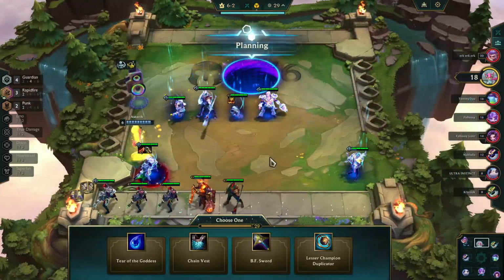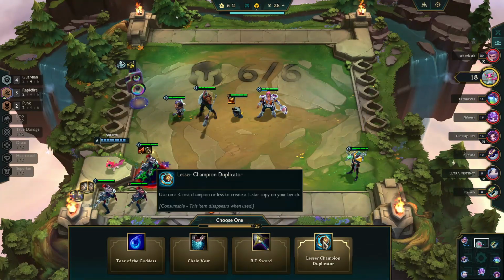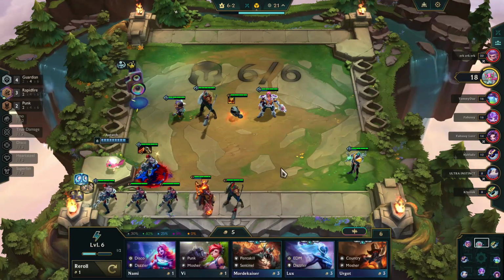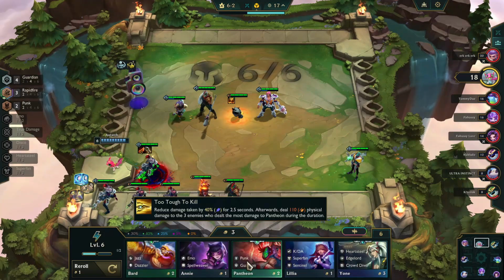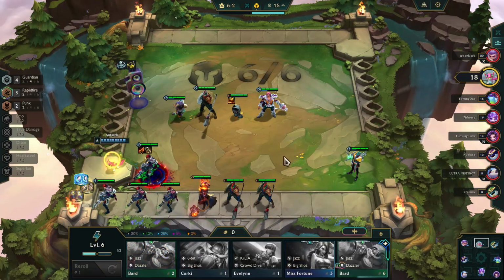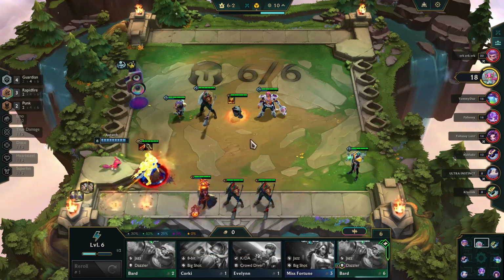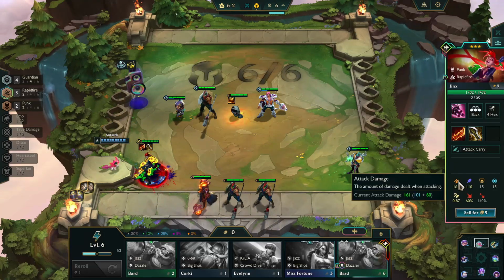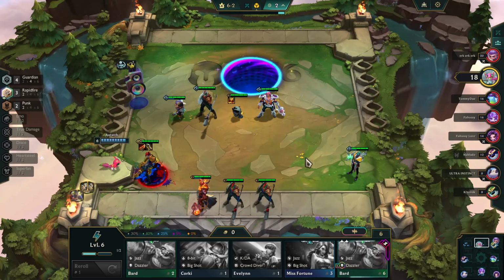There are only a few 1 costs I'm comfortable carrying into late game. Jinx is one of them, and it's because of the Punk trait and that she's going to keep stacking damage. So Champion Duplicator was worth it because we can use it to bring Jinx up to her gold 3-star status. That will keep her in till endgame. And you can see that she has a pretty healthy attack damage amount, and that will just continue to grow,